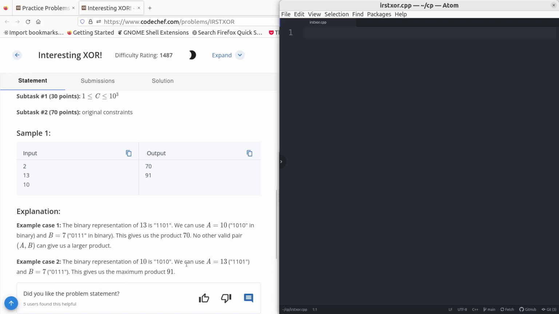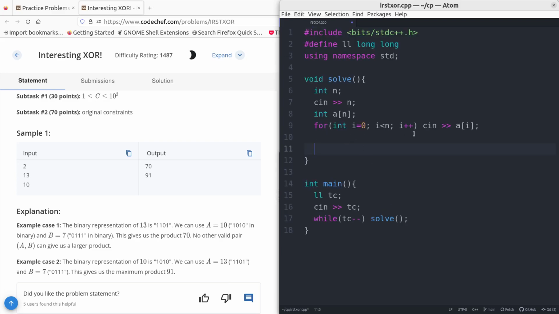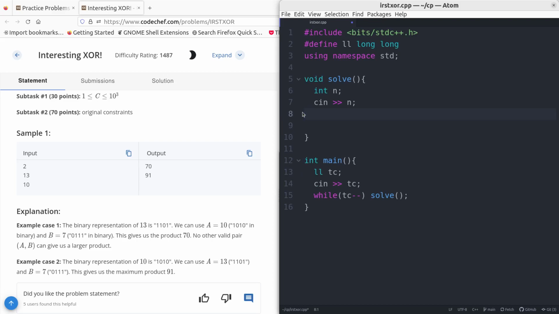The binary representation of 10 is... and given the maximum product as 91. So it's just numbers, right? So let's take an array snippet and we'll remove the array part from here. After removing it, now we will